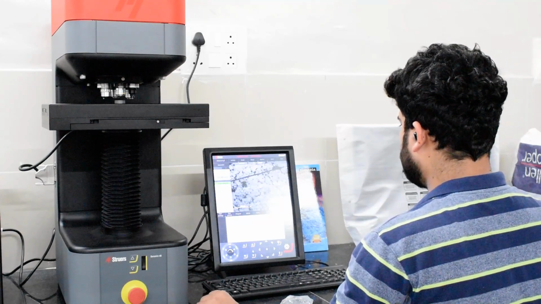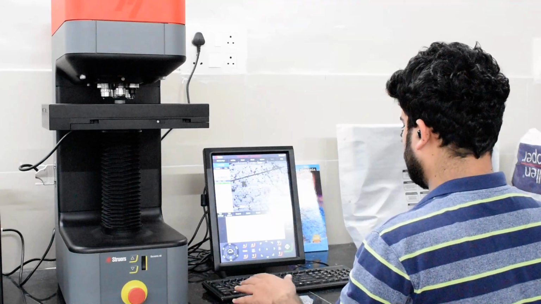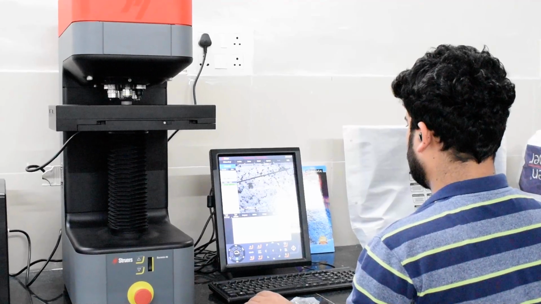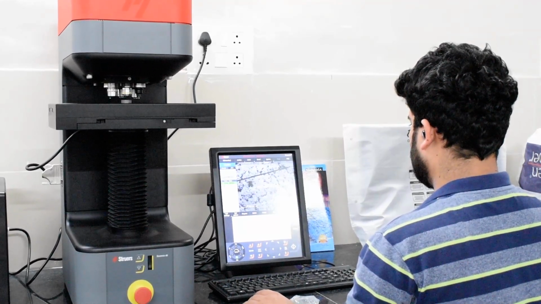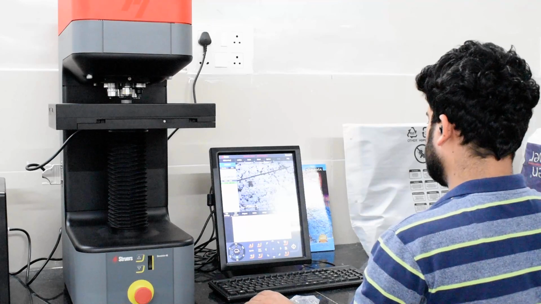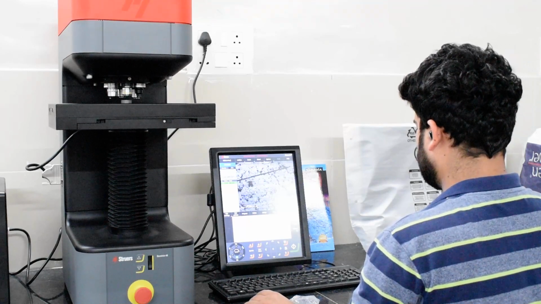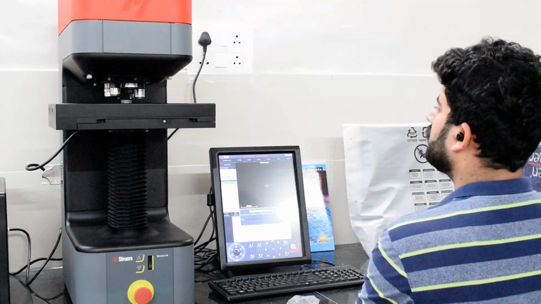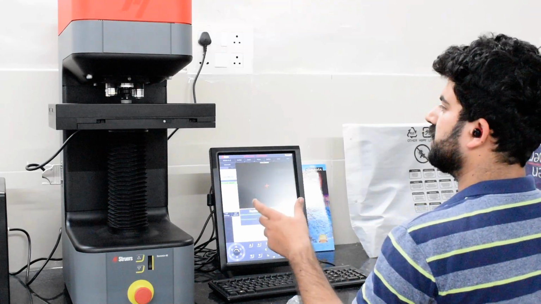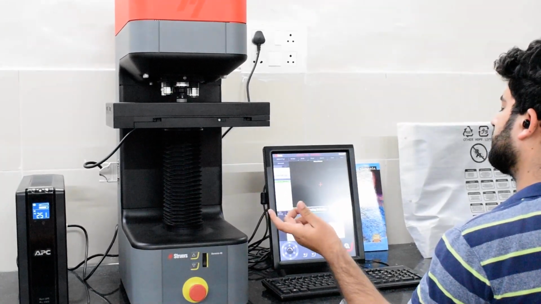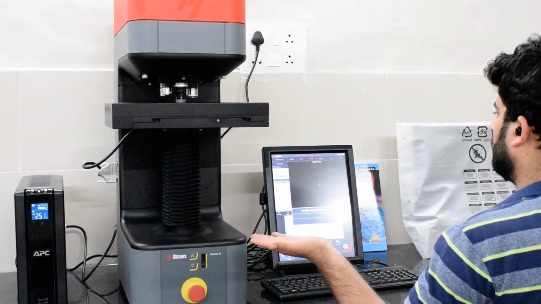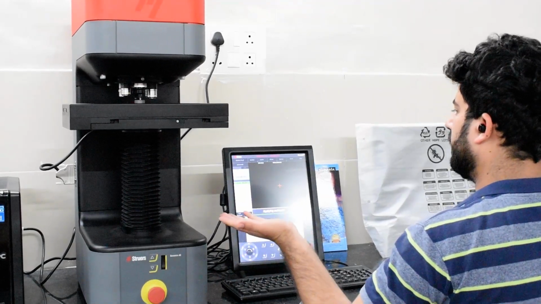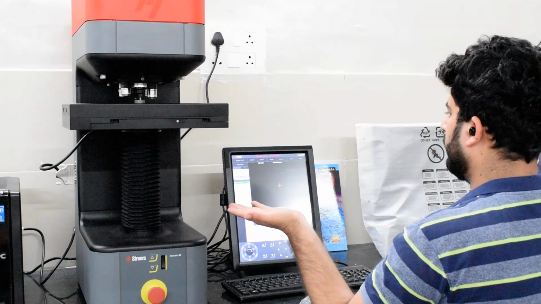This machine is stabilizing the sample according to its contrast. So sample is ready for indentation test or Vickers hardness indentation test. So we are going to start. Indenter has come over the sample now. Initially there was a camera and that was giving us a view for focusing on the sample. Now indenter is there, indenting in the sample.